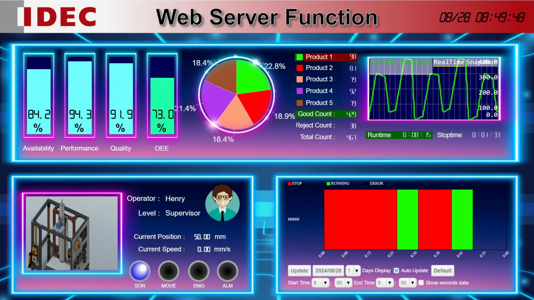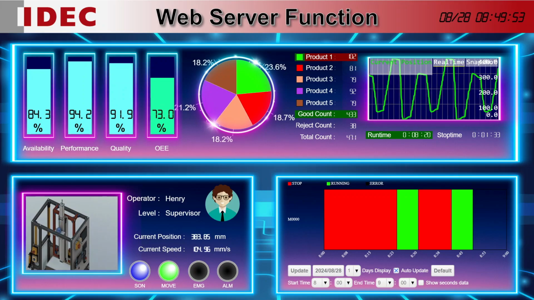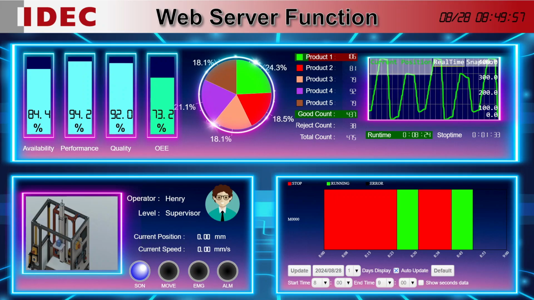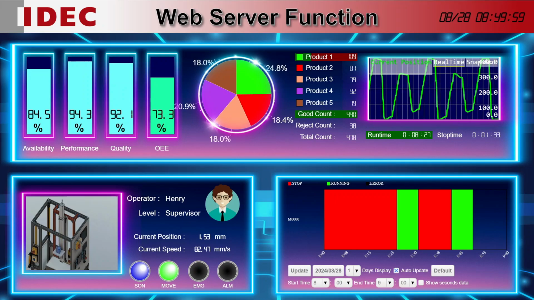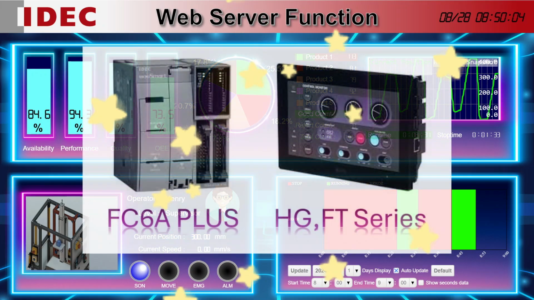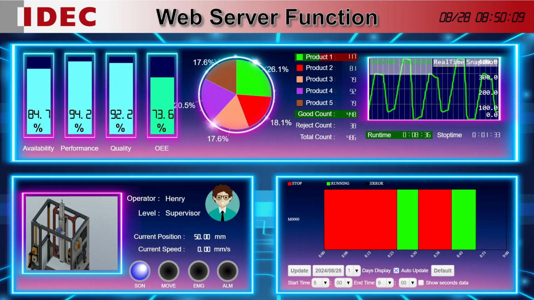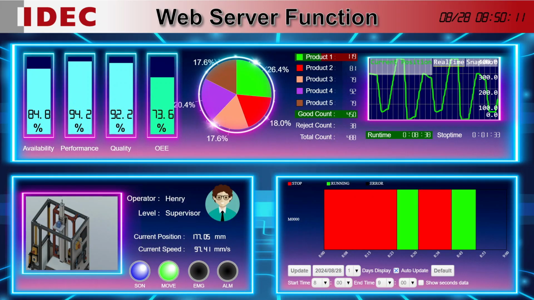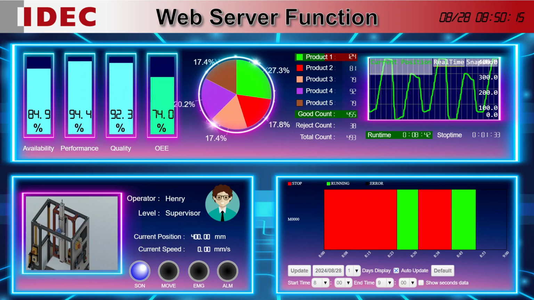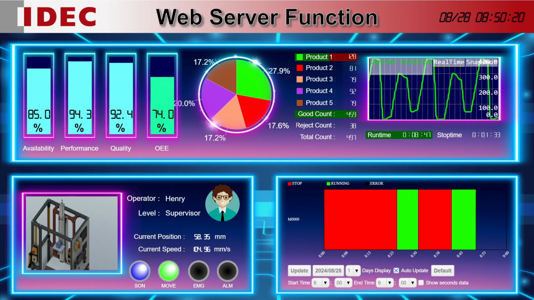If you are looking for a control and monitoring system to enhance the IoT capabilities of your industrial automation system, a system that allows you to monitor and control your machinery from anywhere, IDUX Web Server function is the answer. This function can be used on both IDUX PLCs and touchscreens and works on any web browser, eliminating the need for additional software on your PC, smartphone, or tablet. There is no tag limit, allowing you to display as much data as you need. And best of all, it's free.